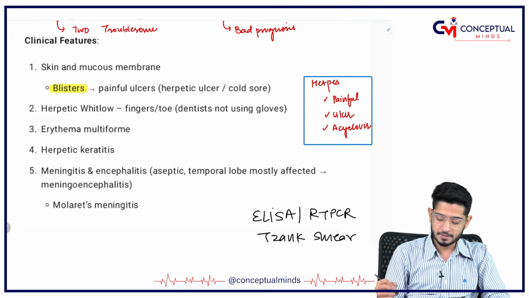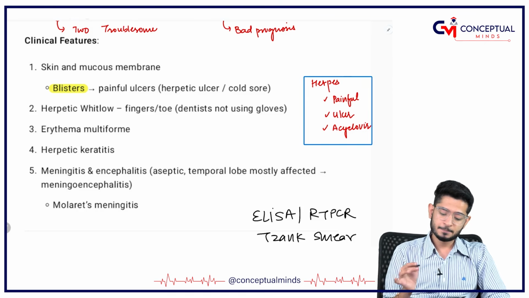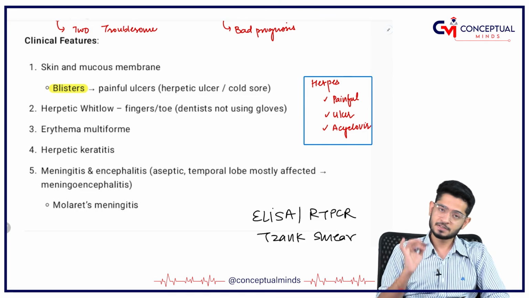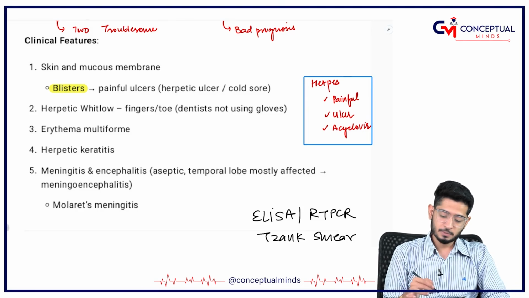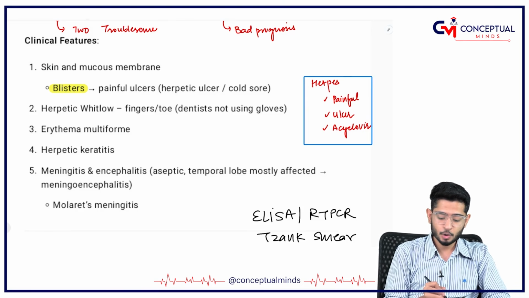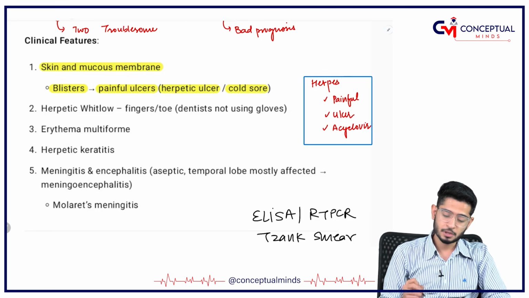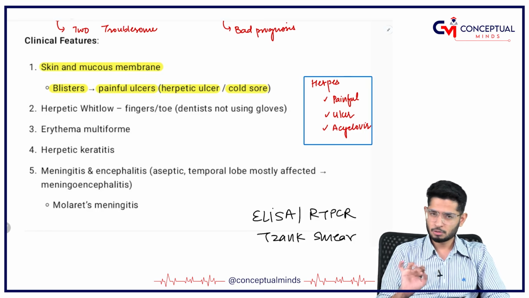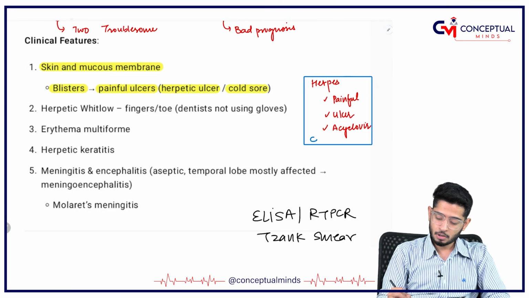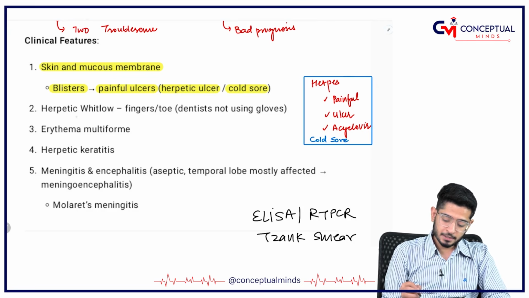Yes, the site obviously may vary, just like herpes simplex 1 is above the waist, 2 is below the waist. They are responsible for causing blisters over the skin and the mucous membrane, painful ulcers called herpetic ulcers or cold sores. There is no inflammation, no heat, these are cold ones. So remember cold sores. Then it can cause